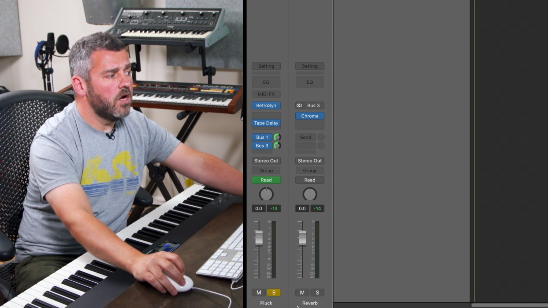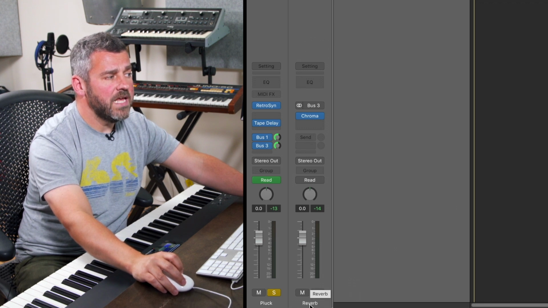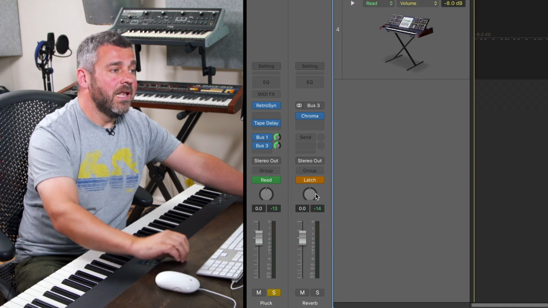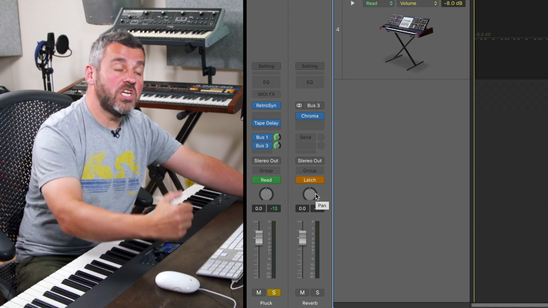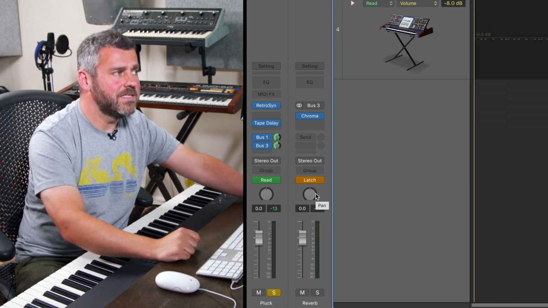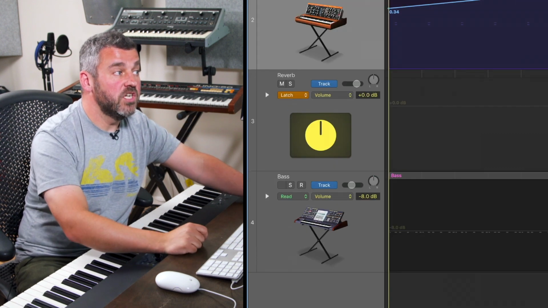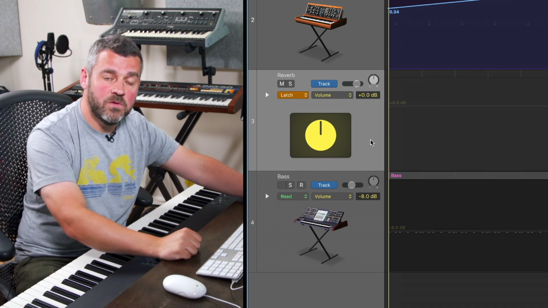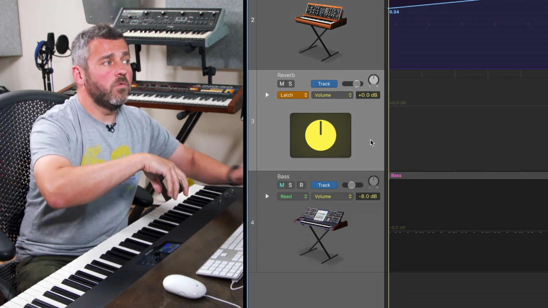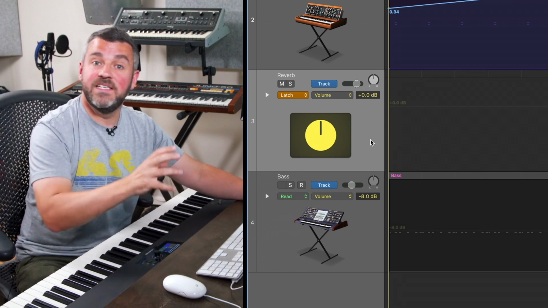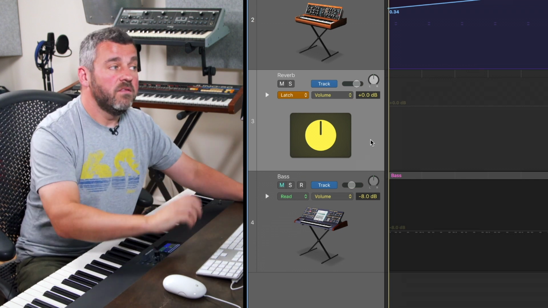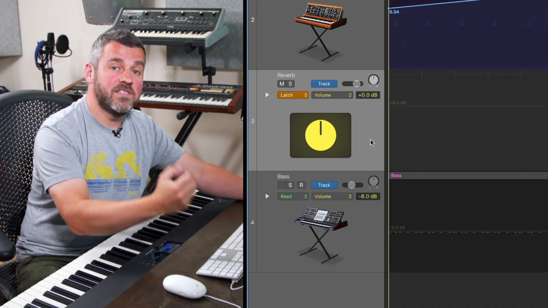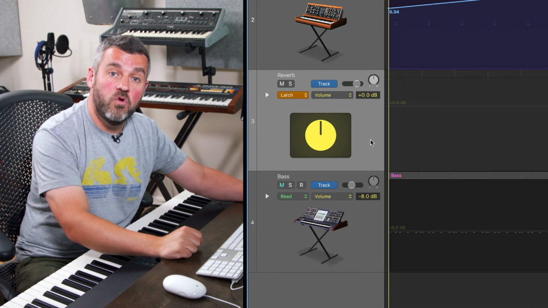Well, Chromaverb is over here on this auxiliary here. So what I'm going to do is I'm going to put it into latch mode. Latch mode allows me to record changes to a parameter automatically. But something really important has just happened, which is that the reverb track itself has just been added to my arrangement within Logic. Because there wasn't a track for this auxiliary, it was just existing as a place where sounds could be sent. That was fine until I wanted to automate it. And now Logic knows that I intend to add automation, it's created a track for me